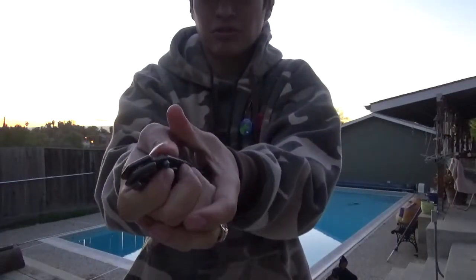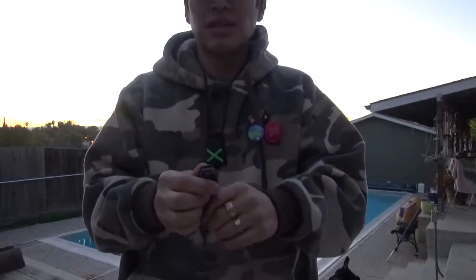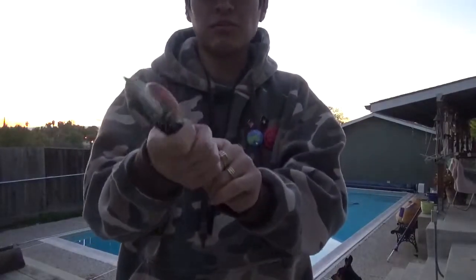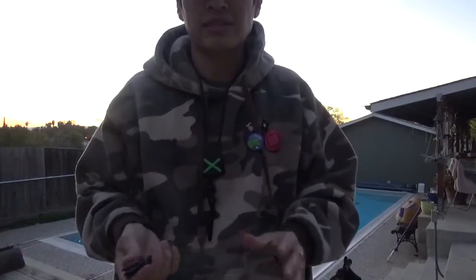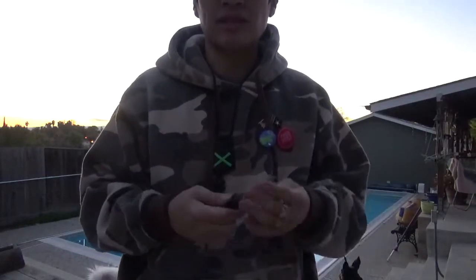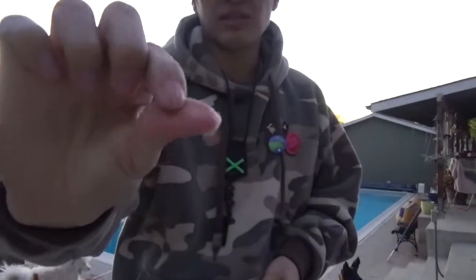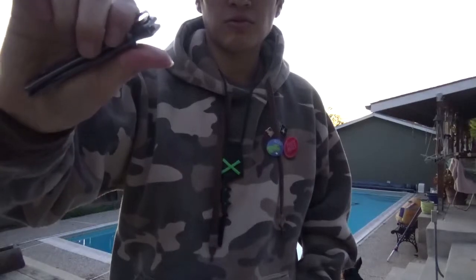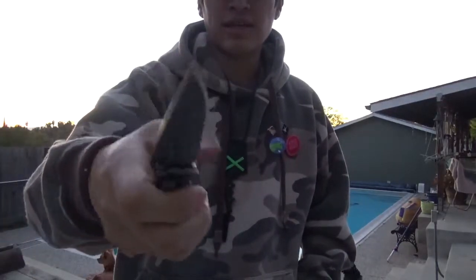I would literally have to do it with like two hands or something like that. I spent like an hour or so just working like that, flicking it open. Eventually, it sort of broke in and got easier, but it still sucked because it does hurt your hands. And pretty much, I found the best way is to use this part of my thumb with that one part of the thumb stud that I told you, and just flick it out like that